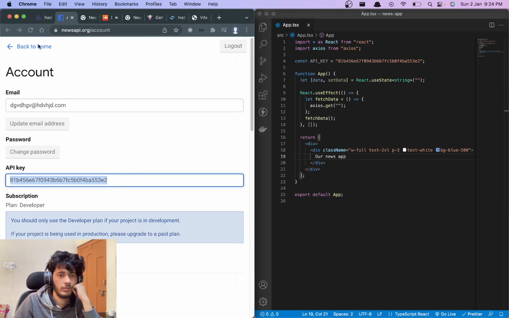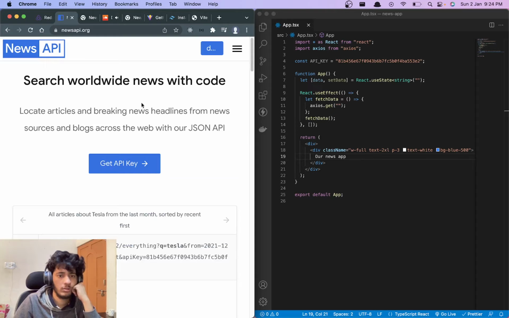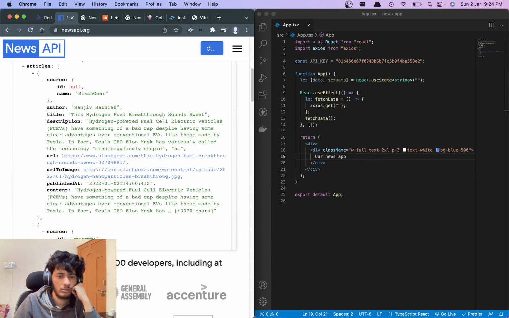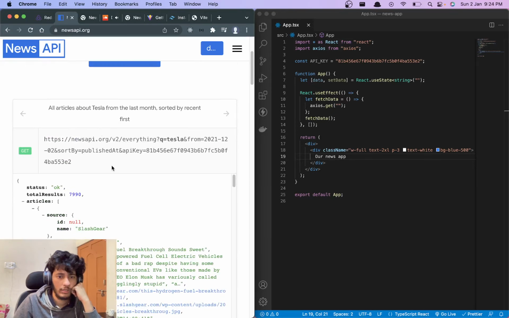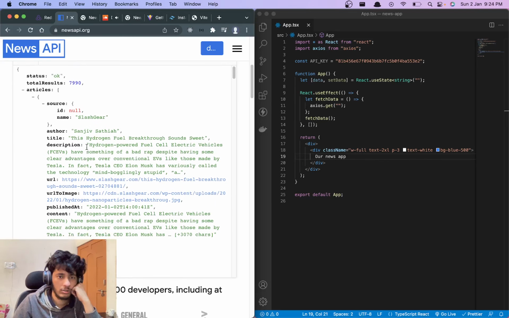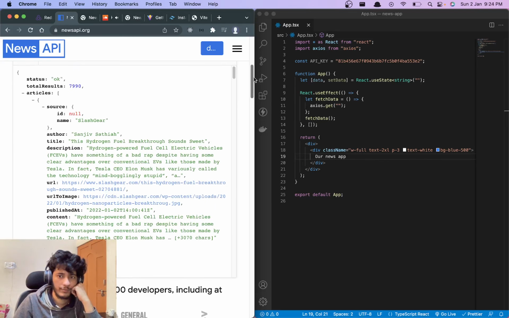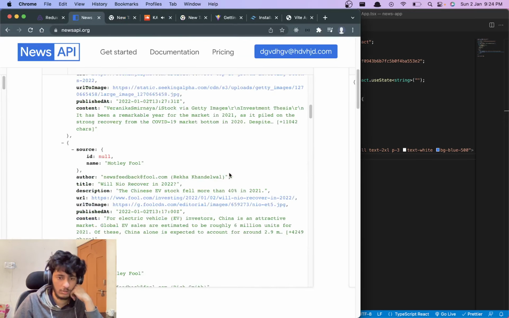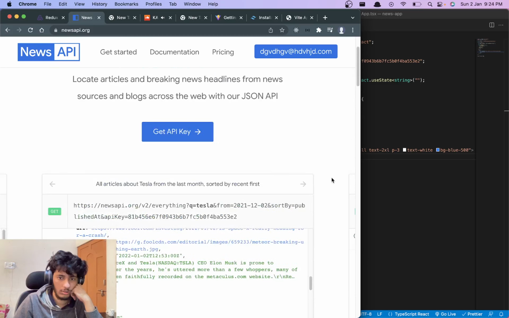Next thing we'll do is go back to home. This is some get address, and it comes with a key and all.